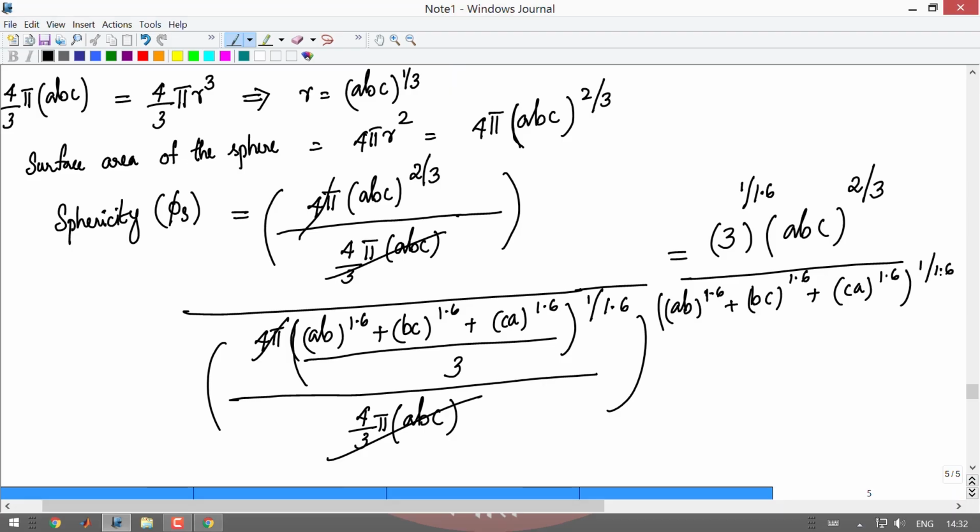So, this is the expression we have for calculating the sphericity of an ellipsoid, and now we will just substitute